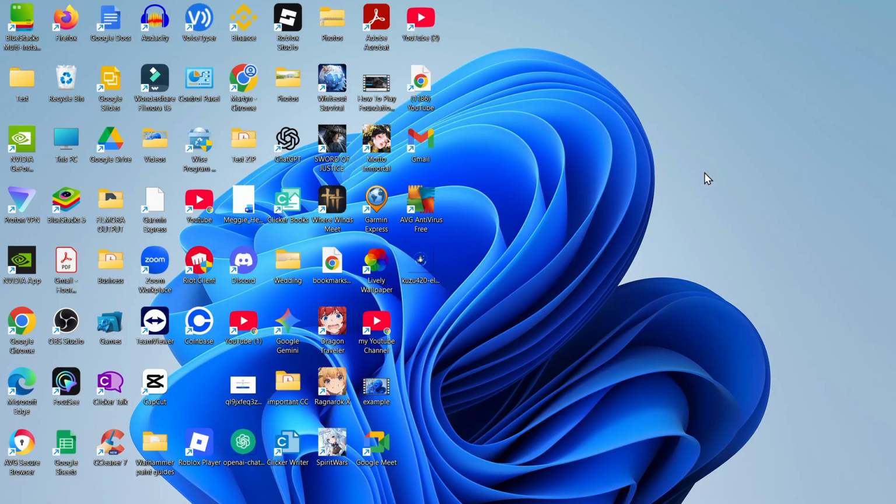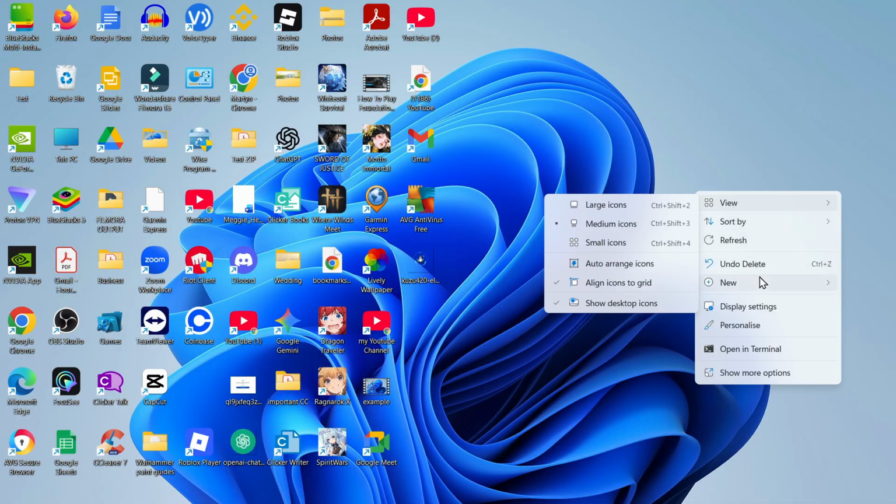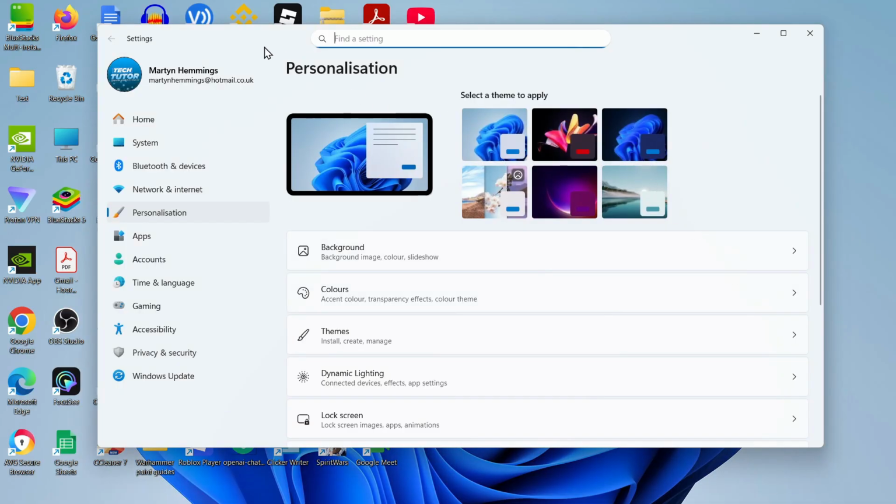Now to do this, all you need to do is right click onto a blank space of your desktop. What that's going to do is bring up a menu like this, and from here you want to come and click where it says personalise. What that's going to do is open up a window like this where you can go ahead and change your